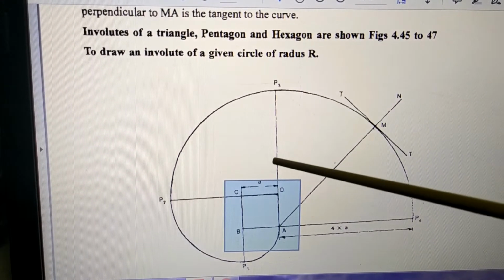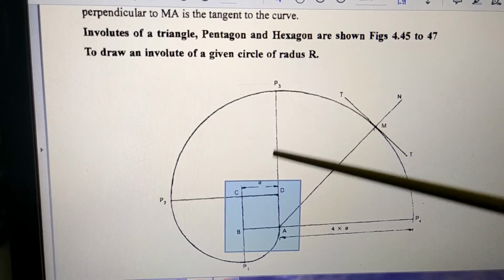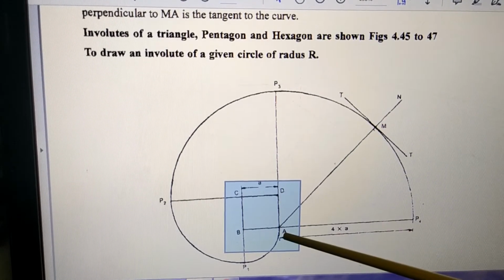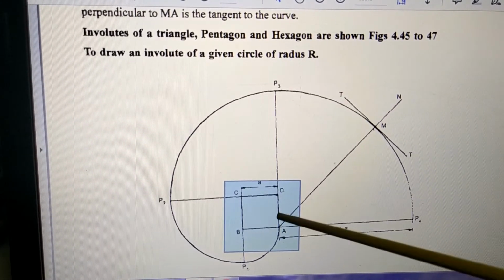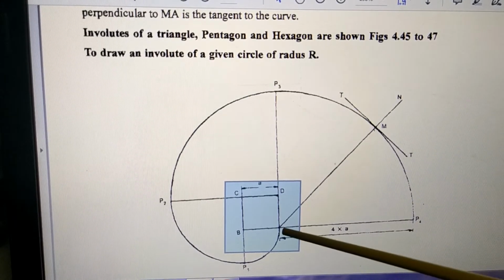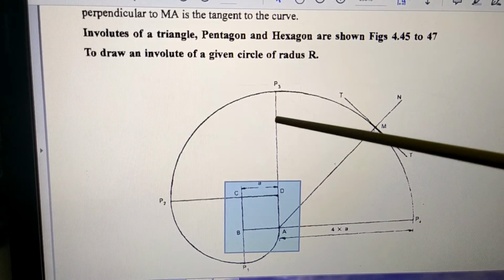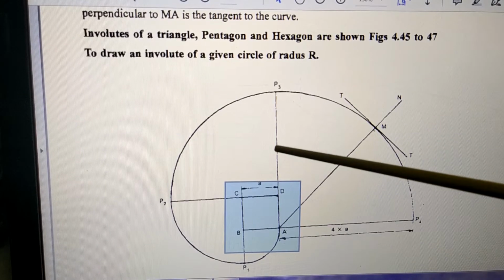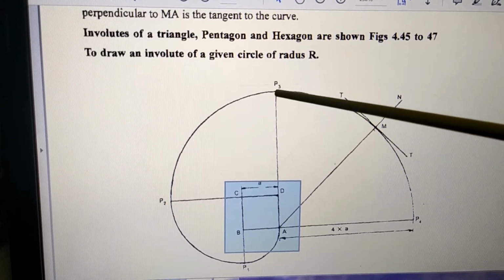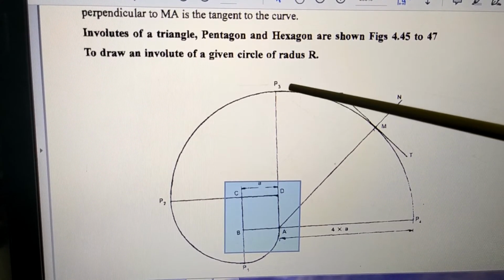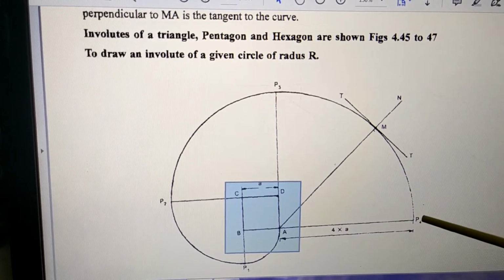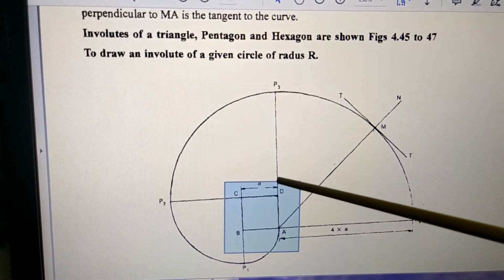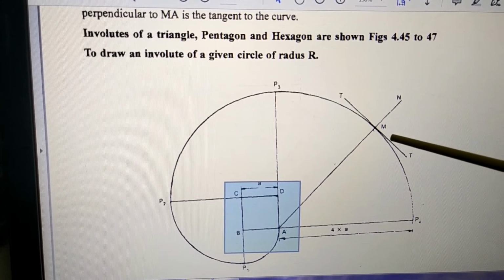After that, when you move further, now the center will shift from D to A, and this much thread, how much is this thread? 120, because 30, 30, 30, 30. So this thread of radius 120 mm will move like this. So the pencil now will move like this, and the center will be at A, radius is this much, and the arc will be drawn like this.